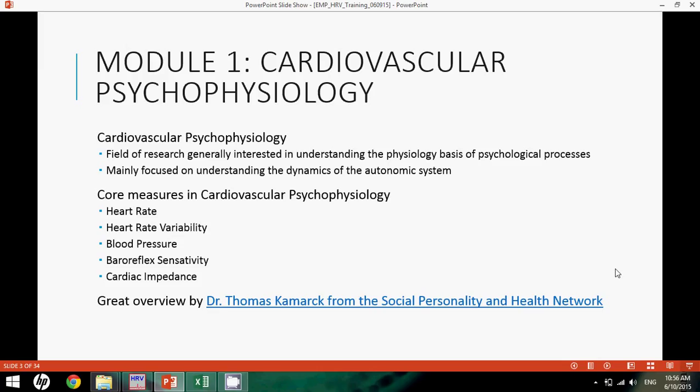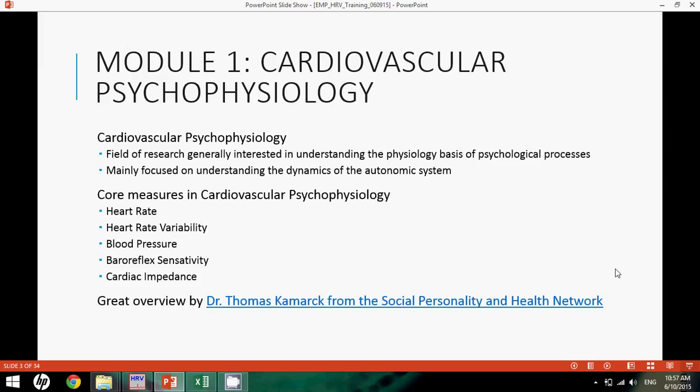So the basics here in cardiovascular psychophysiology are that cardiovascular psychophysiology is a field that's mainly concerned with understanding the physiological basis of psychological processes. Now, I'm wary of saying that that's a strong statement, just for the fact that it's often quite difficult to learn about psychological processes from how the heart works or how the autonomic system generally works. However, we know that experience of reality doesn't just align with what's going on in the brain or one's subjective experience, but there are also a lot of unconscious processes that cannot necessarily be understood through deliberate thought.